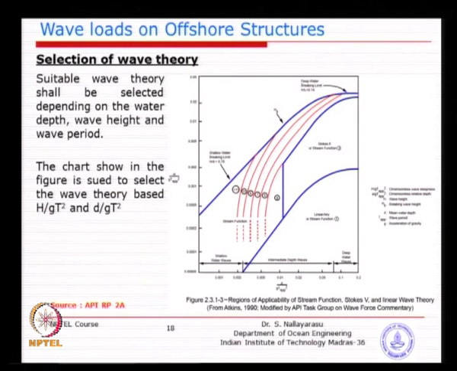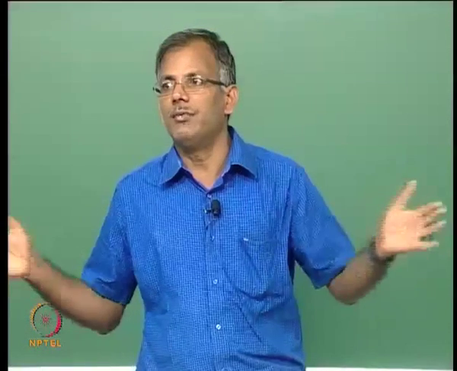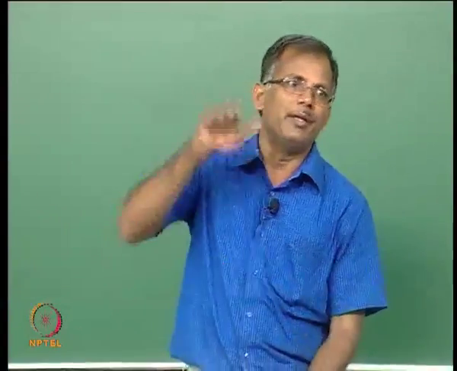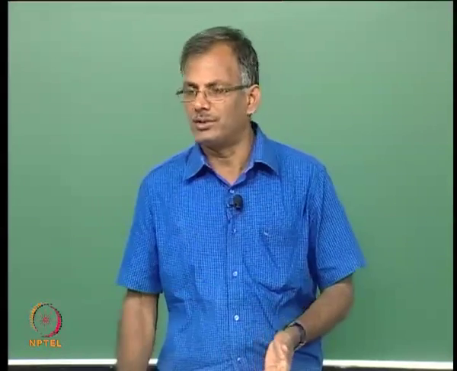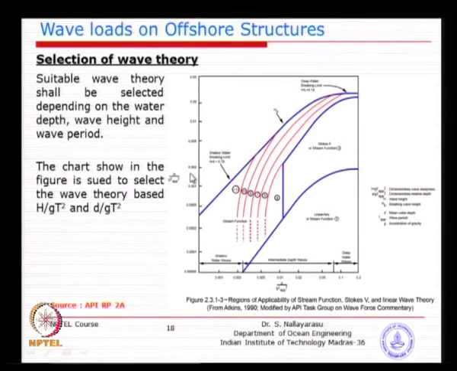The longer the wavelength and the smaller the wave height, the assumption made by Airy could potentially be acceptable, whereas when the wavelength is smaller and the wave height is too big, probably the assumption is going to be violated. So, a very simple idea: the vertical axis is trying to figure out the relative wave height to the wavelength. That is the idea behind it.